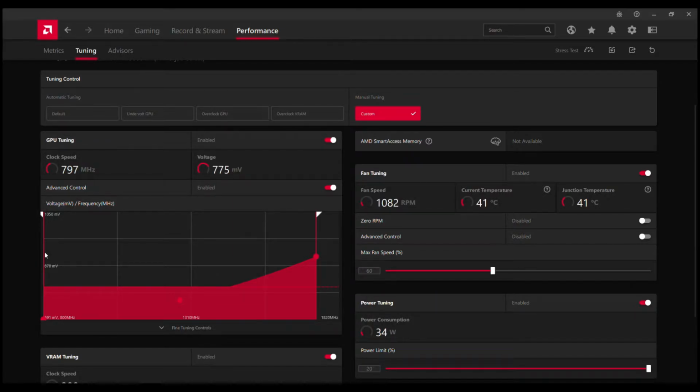Updating the BIOS, for example, wouldn't do harm in any case. However, if you, like me, have tried everything you can and nothing worked, it's time to start adjusting the frequency and voltage of your video card.